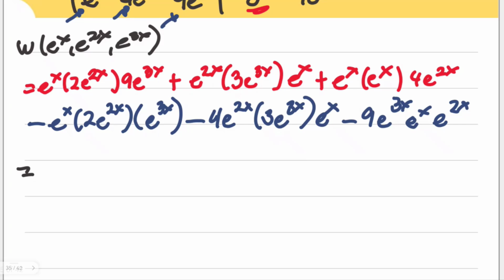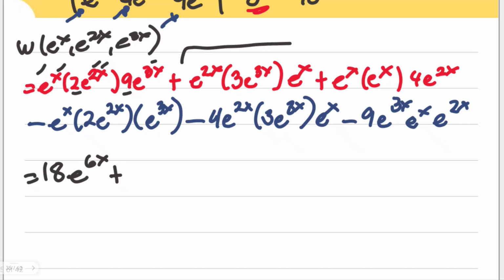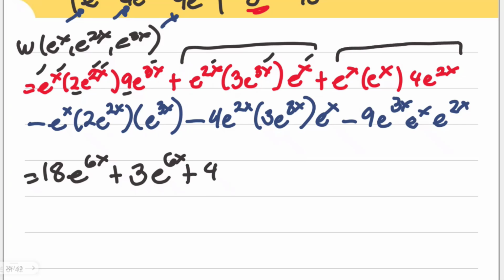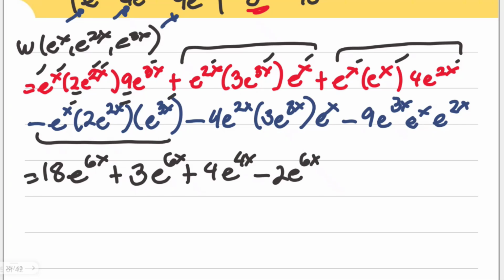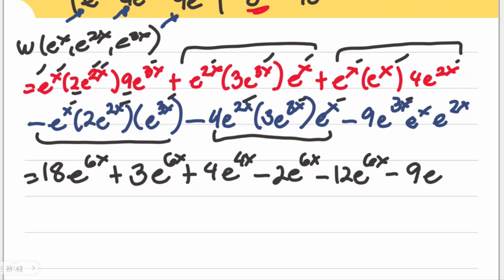Okay, so simplifying all of them. Let's have the first entry, e and e, same basis. So 2 times 9 is 18, your numerical coefficients. And then e to the power of x plus 2x plus 3x, that's 6x. Plus this second here, so you only have 3 for your numerical coefficient. E to the power of 2x plus 3x plus x is another 6x. Plus this one here, you have 4 e to the power of x, x, 2x, so you have 4 e to the power of 4x. That's for all the positive. Minus, you'll have here 2 times x, 2x, 3x, e to the power of 6x. Minus 12 e to the power of 2, 3, 1, so 6x. And minus 9 e to the power of 3, 1, 2, so you will have